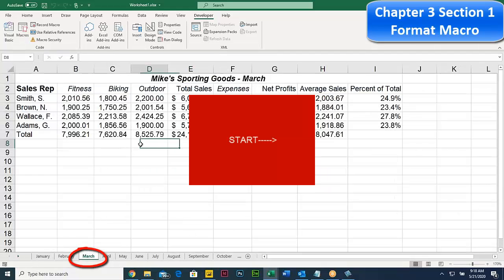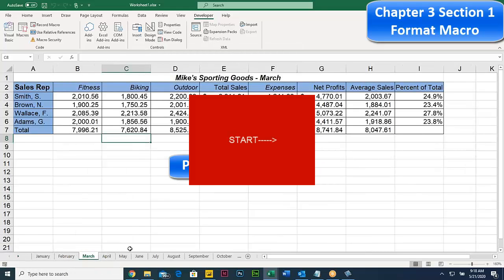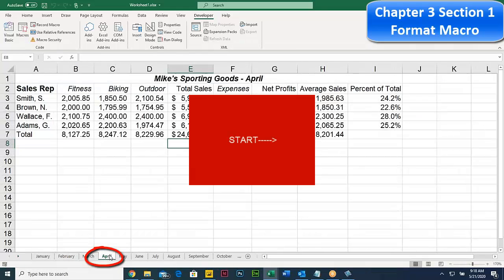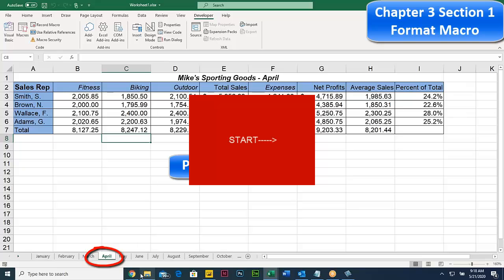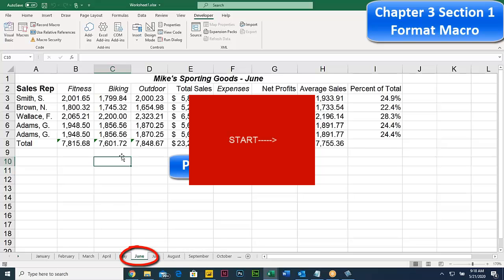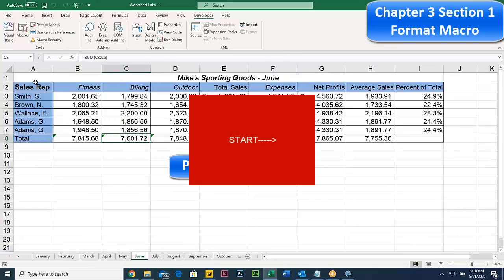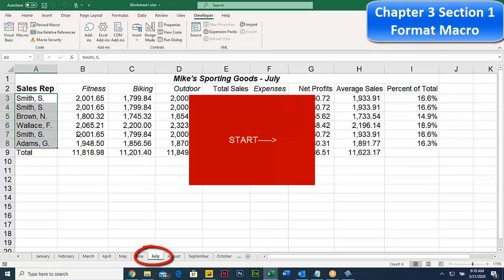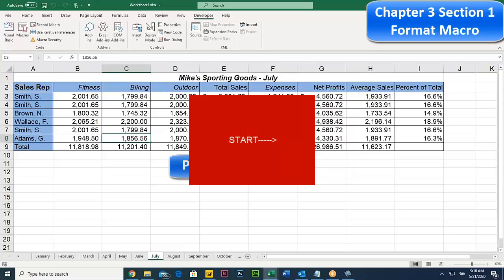Go to March. Control-Shift-F, formats it. April. I'm going to June, which is my larger sheet, if you remember. Control-Shift-F, and it formatted. It actually went to the bottom, and it actually formatted it according to the rules. July is even bigger than June. Control-Shift-F, and it actually formatted. So that's kind of a little trick